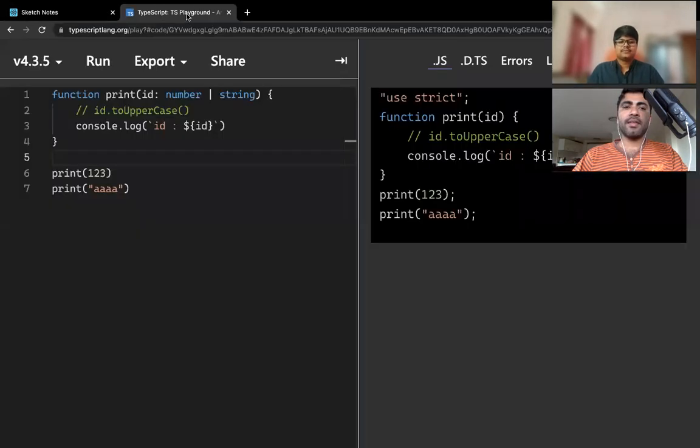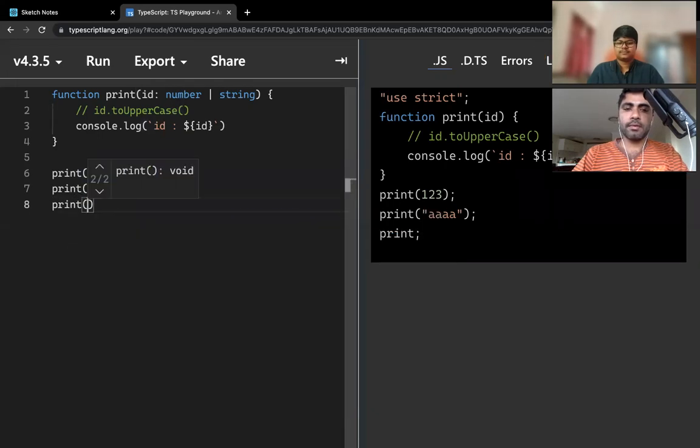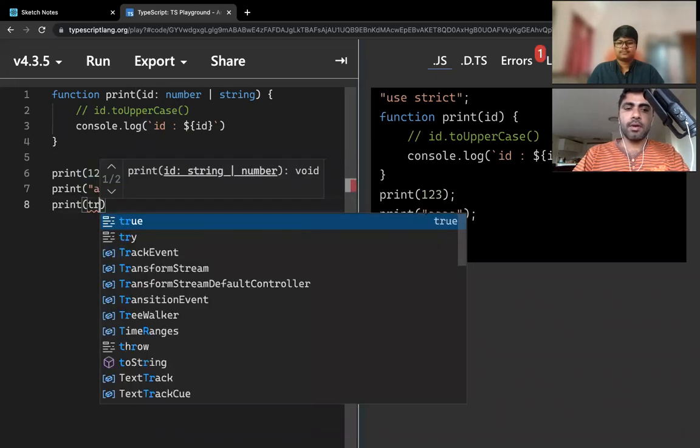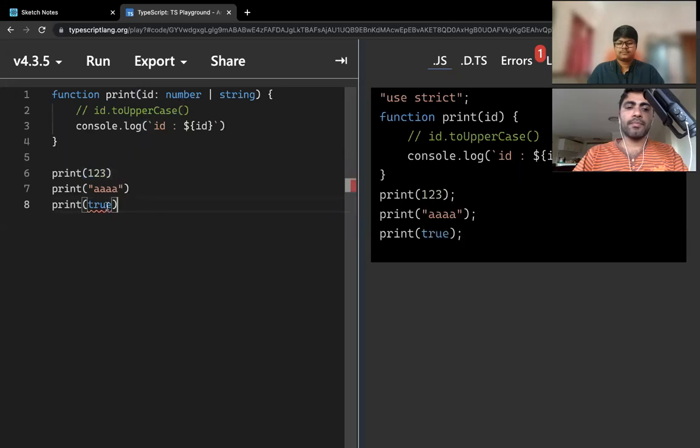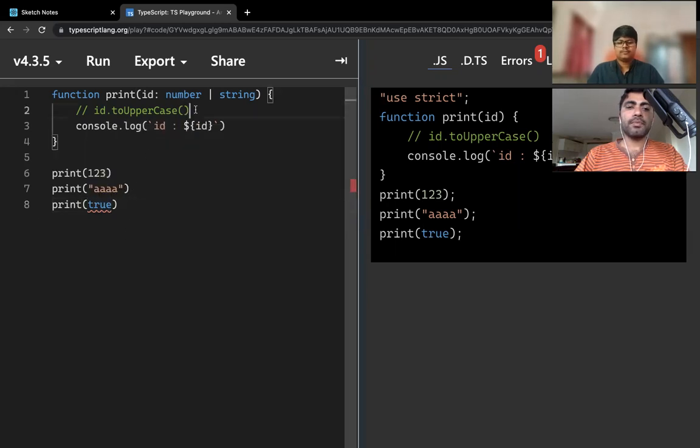So let's see the example. This print method is there. We are passing 1, 2, 3. It doesn't complain. Print A doesn't complain. But if you want to pass a Boolean value, it will complain. Boolean is not assignable to parameter of type string or number, right? Yeah.